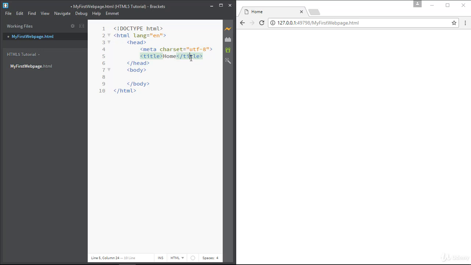And this title tag will tell to the user or browser that this page name is home, so you can easily recognize which page I am using. If you are creating a website, it is nothing but a collection of web pages. In that more than one pages will be there. So for the recognition of web page you have to mention every time one title. And this meta tag should be within the first 1024 bytes of the HTML code. This is the basic skeleton for the HTML file.